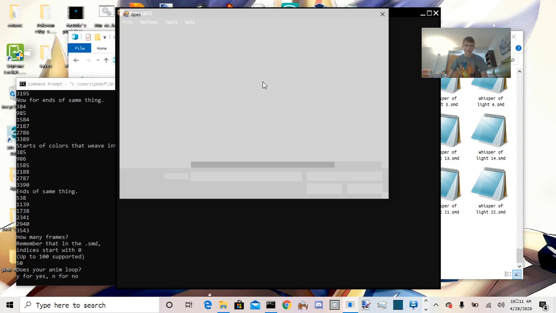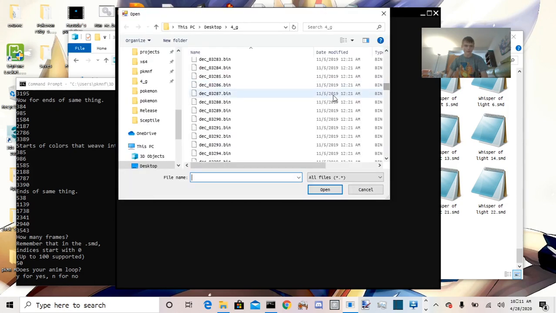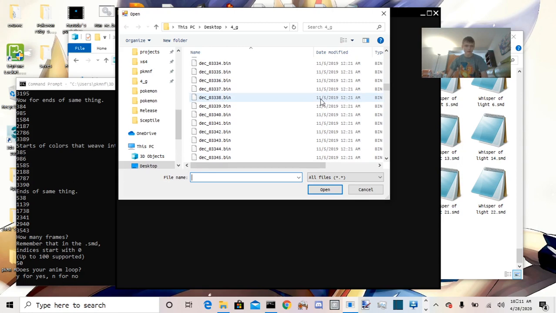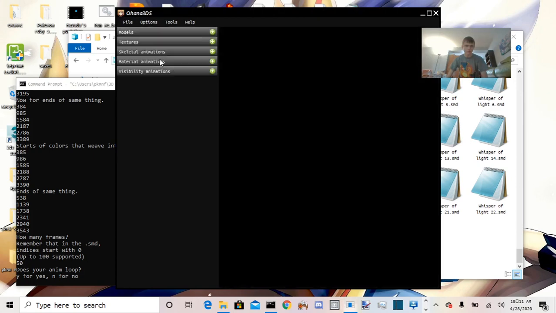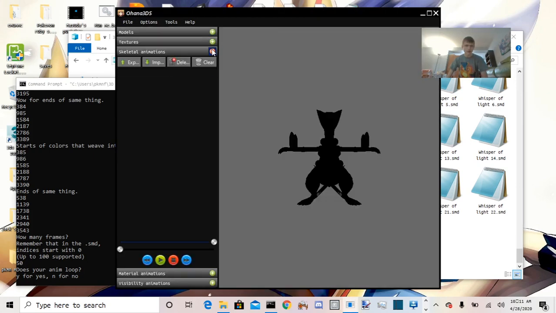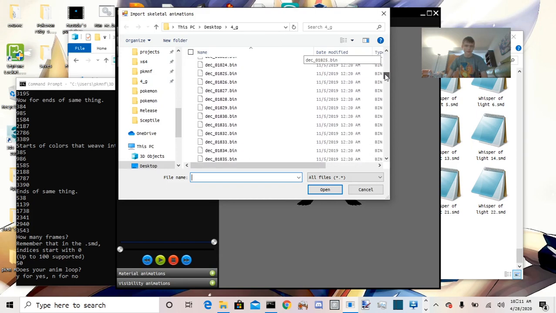Here, you see these are the files of the Pokemon from Sun and Ultra Sun, Ultra Moon. I kind of memorized where Sceptile's files are located, so I'm just going to load the files I need to load.